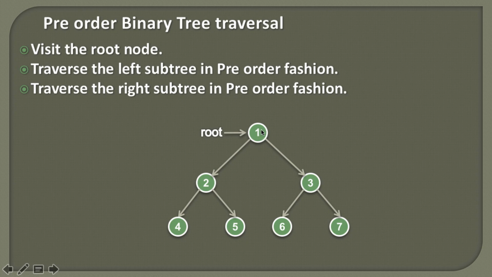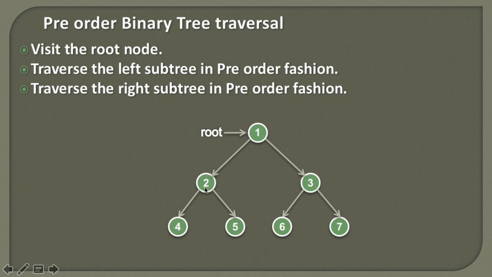node and we apply these three steps on the root node. We first traverse this node, then we traverse its complete left subtree, and then its complete right subtree. Once we process this node, we first go to its left subtree and there we encounter a node having data as 2. On this node we again apply these three steps: we visit this node, then its left subtree, and then its right subtree.